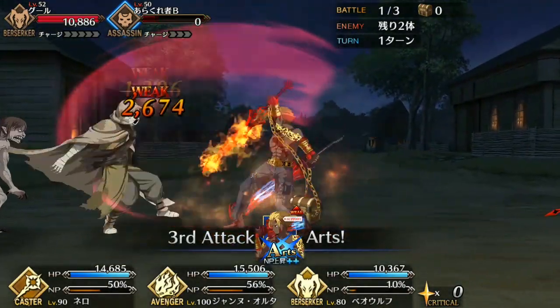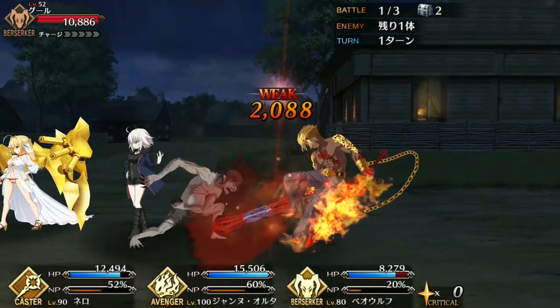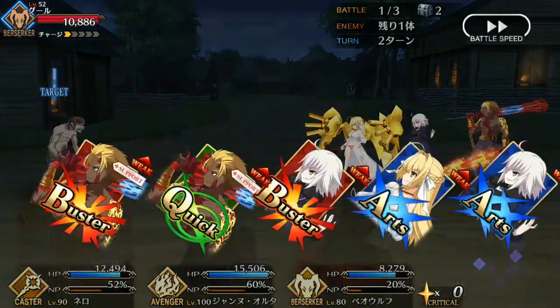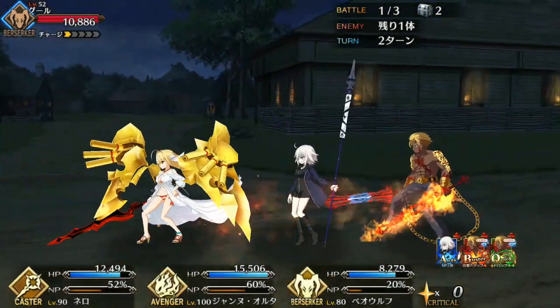And Beowulf's Noble Phantasm is just as straightforward as he is. It's just a single target buster attack that ignores evade and hits for a ton of damage. There's not much more to it other than pointing out that post-interlude, the Noble Phantasm damage modifier is even higher